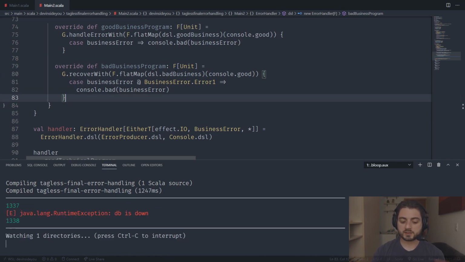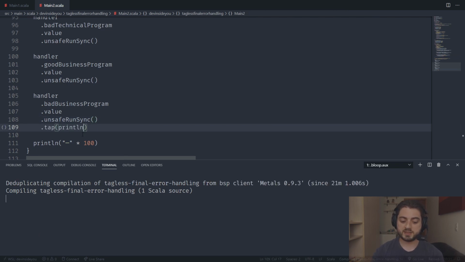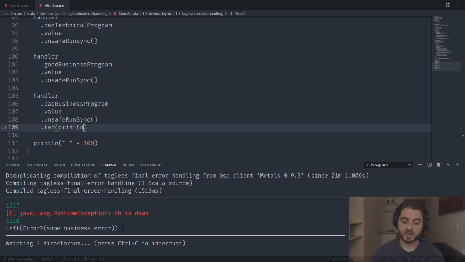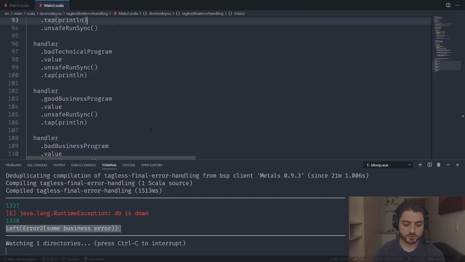Okay, so now we're not catching this, and we're also not being warned. And now the question is, where did the error go? The error is being captured in this Either, but we're just not printing out the Either. So what I can do is tap this into a println, and we're going to see that the Either kept the error for us. In fact, maybe we should add this tap over here and over here and also over here,